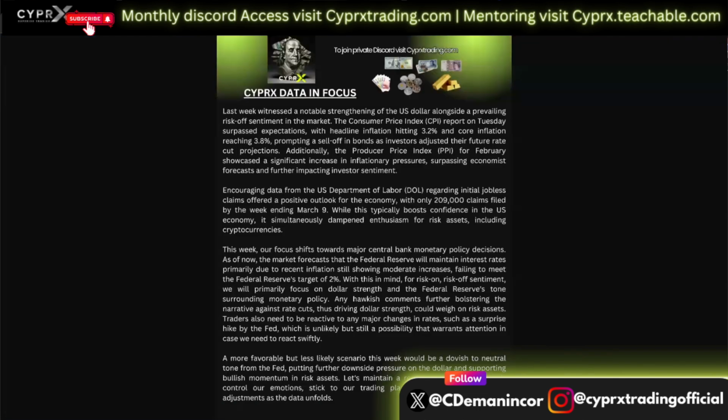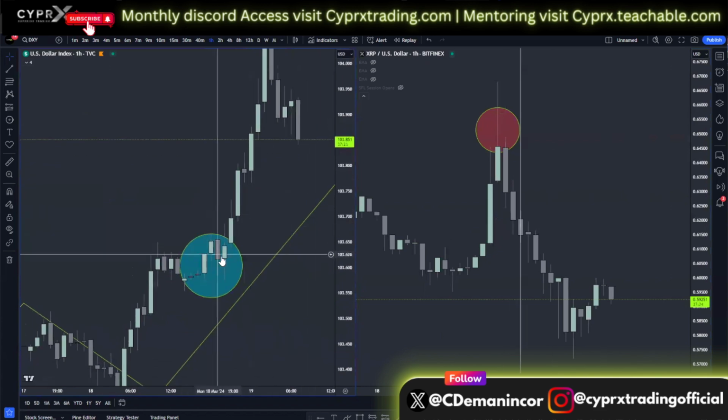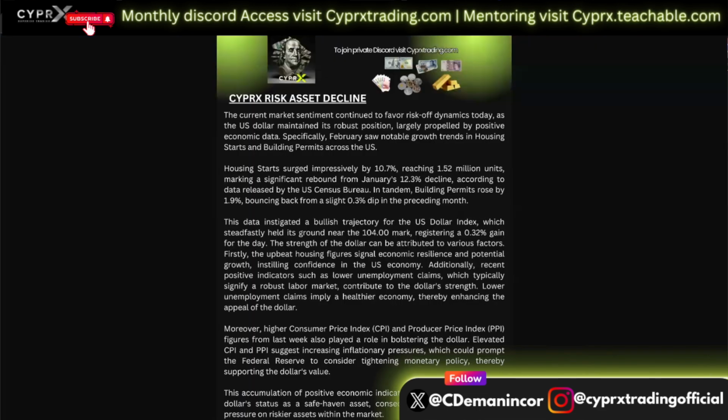So let's just, before we get into the technical analysis, go over a quick update. Why is the risk asset class as a whole, i.e. cryptocurrencies, our main focus, down today? Okay, before I get into showing you guys the comparison between the US dollar strength and digital assets like XRP and how that affected the markets today, let's just understand as a whole, as my community who's interested in this information, to really grasp the concepts that I'm trying to teach.